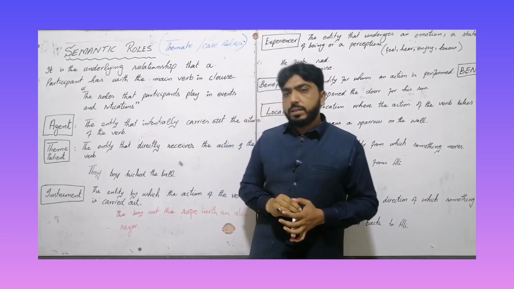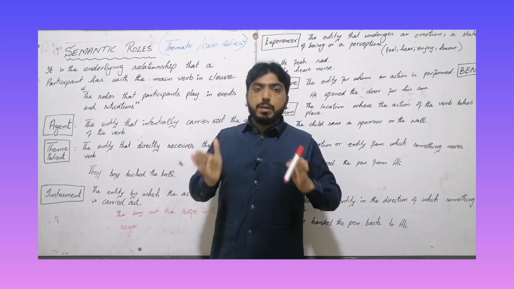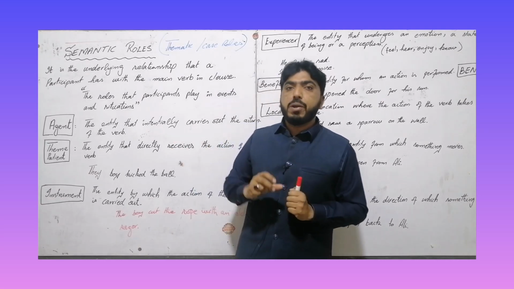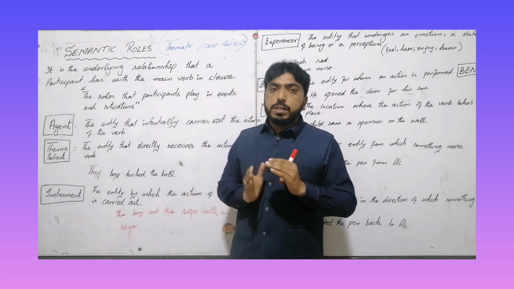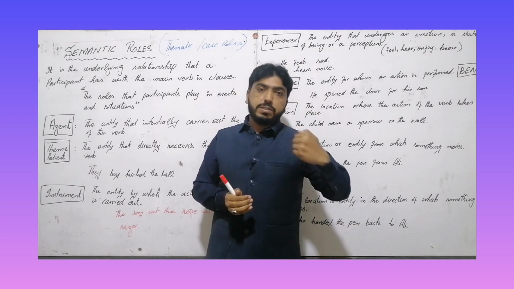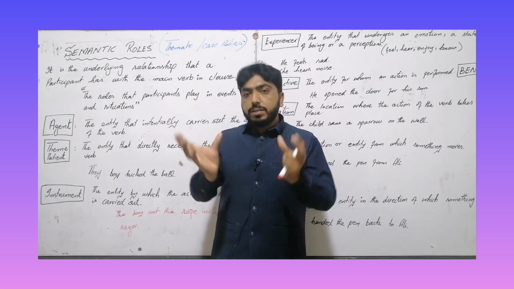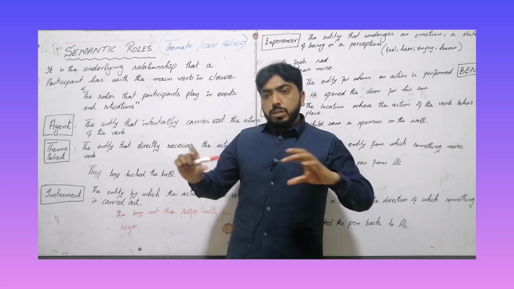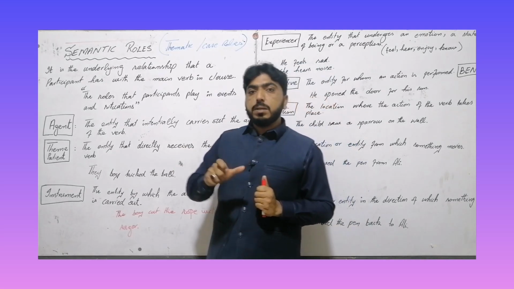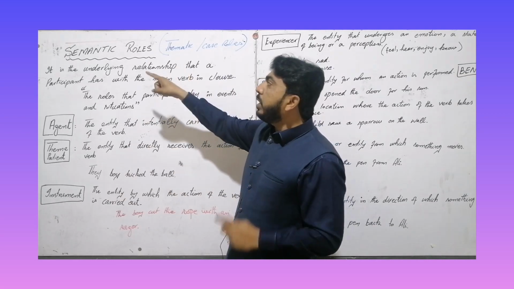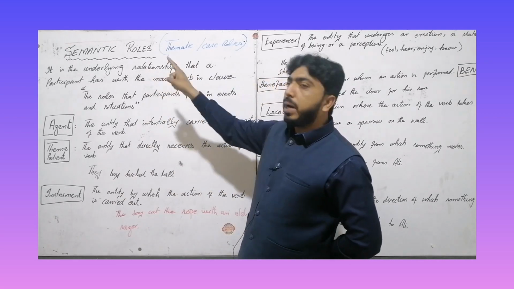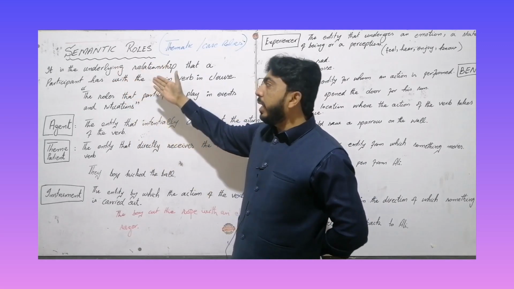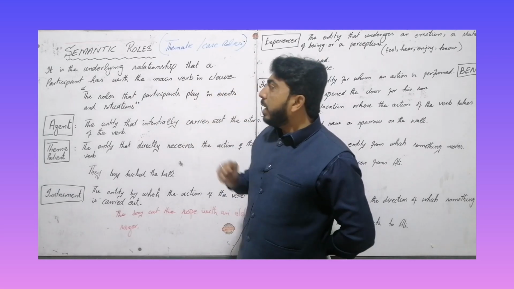in a clause or sentence. Different words present in a sentence have different kinds of relationships, and on the basis of the relation, sometimes words perform the action, sometimes words receive the action, and sometimes there are certain words which help the main verb to perform that action. So these are different kinds of relationships with respect to the main verb, and we call this the underlying relationship that a participant, here different words or maybe different phrases, has with the main verb in the sentence or